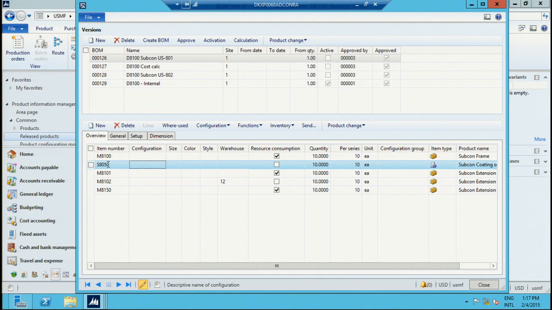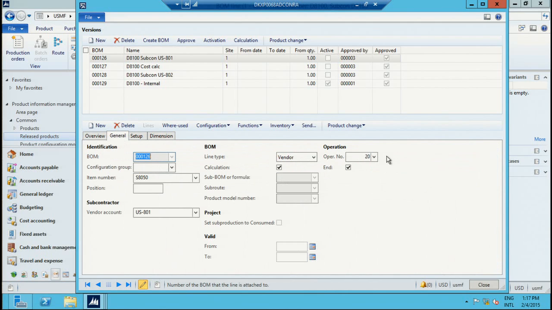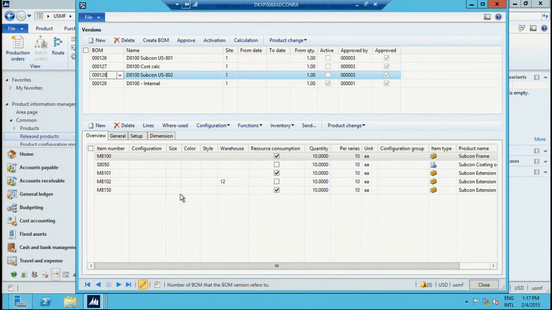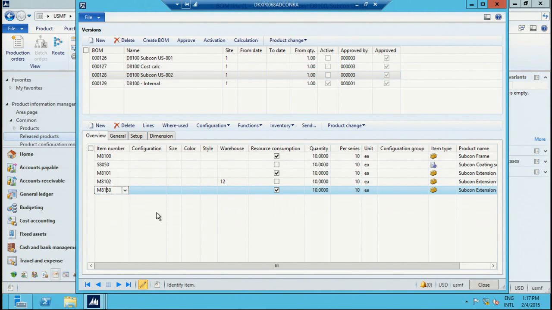So this service is added to the BOM, and this BOM line has the line type vendor and the operation 20, which is the second operation that we're actually using. It has the vendor account directly associated to it. And if I'm showing you the second one, then what is kind of different is that this line here is